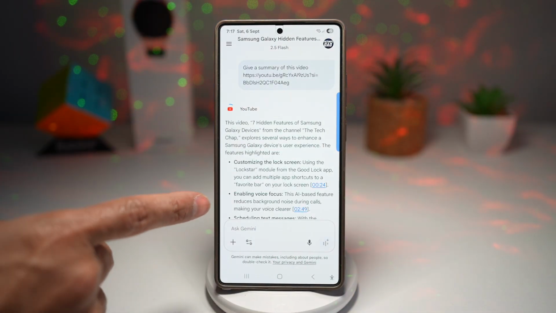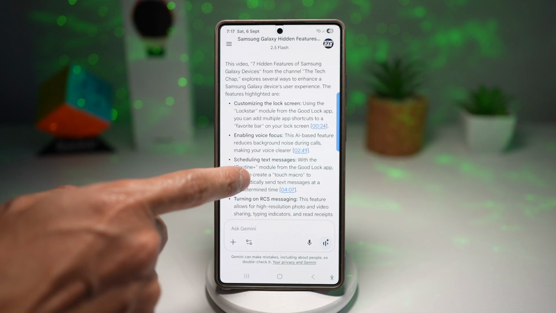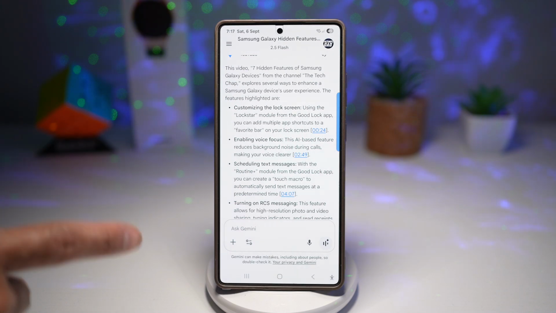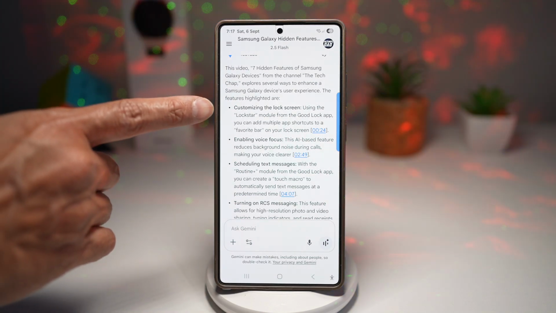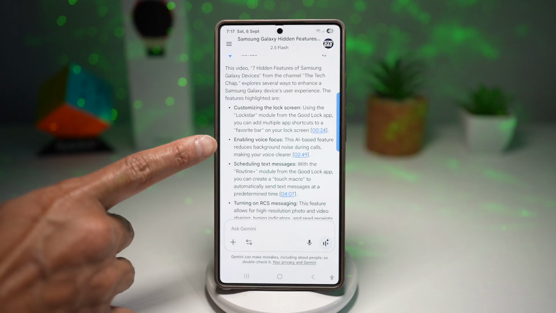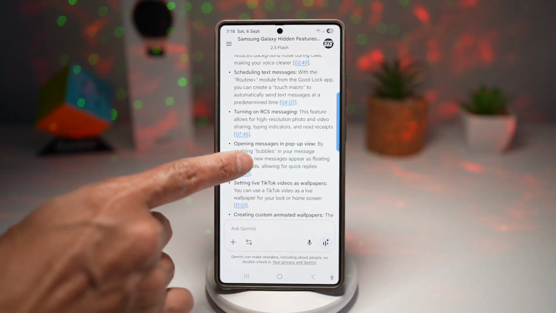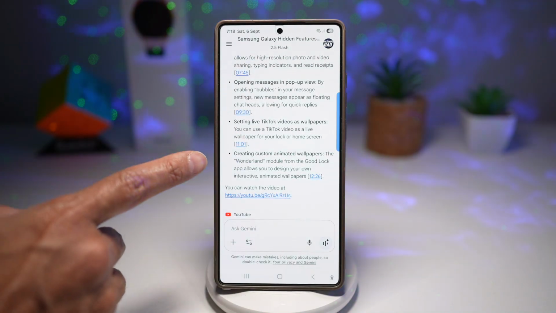And now, as you can see, this will give me a summary of that video. So I don't need to watch this video. I can see that it's telling me how to customize the lock screen, enabling voice focus, scheduling text messages, turning on RCS, opening messages in pop-up view, setting live TikTok videos as wallpapers, and creating custom